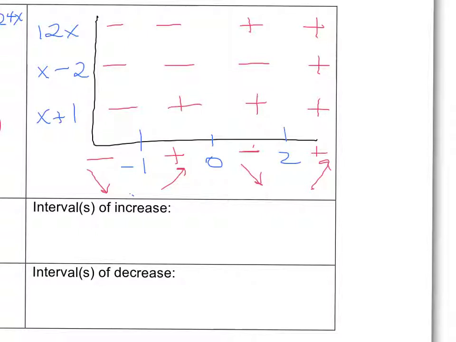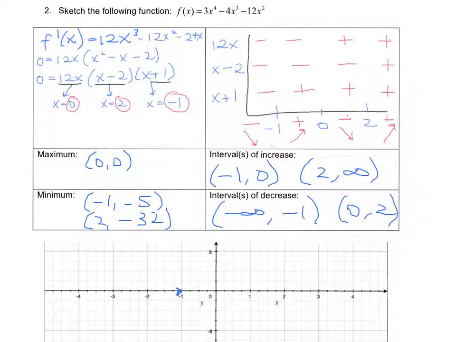And it's going up. So notice it goes down, and up. So I have 2 minimums and 1 maximum. Now using this sign diagram, fill out the max, the min, the intervals of increasing, and the intervals of decreasing. Check your work. So if I take all the information from my sign diagram, I find out that I have